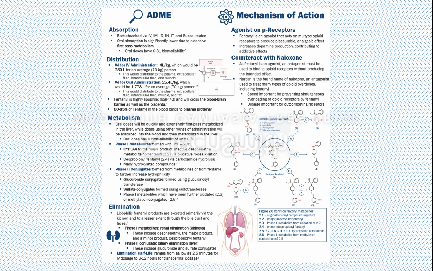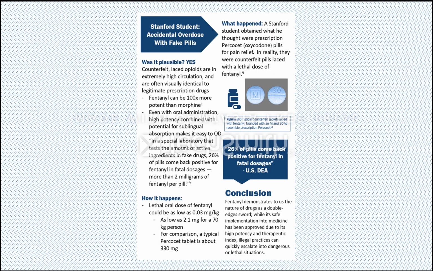It essentially inhibits fentanyl's ability to bind and must be administered quickly and in high doses to ensure that it can outcompete fentanyl before it is able to bind. Its brand name is Narcan, and it is commonly used to treat many suspected opioid overdose situations in the same manner. Now that I've covered the basics of fentanyl in the body, we're going to look at a case study